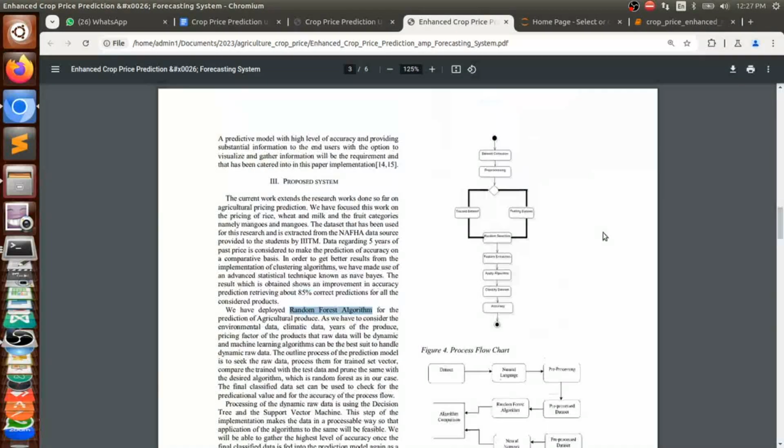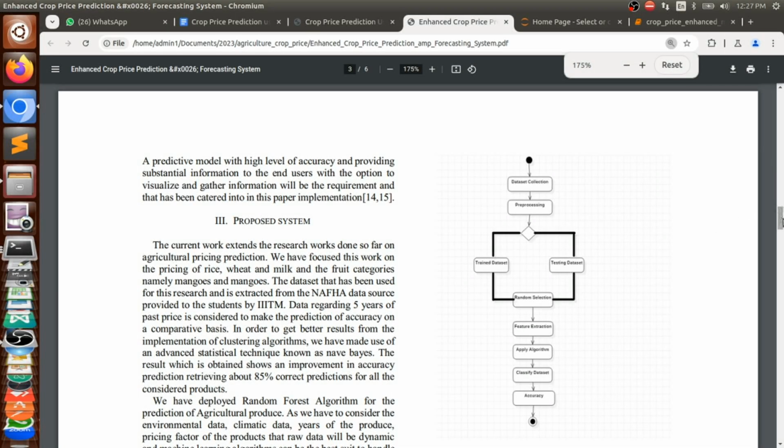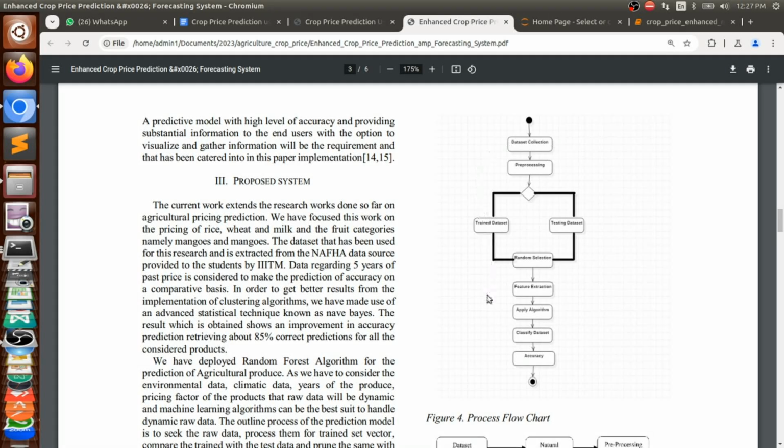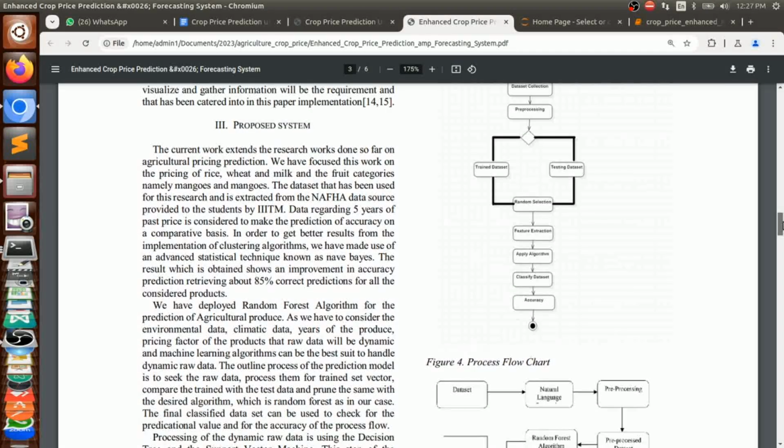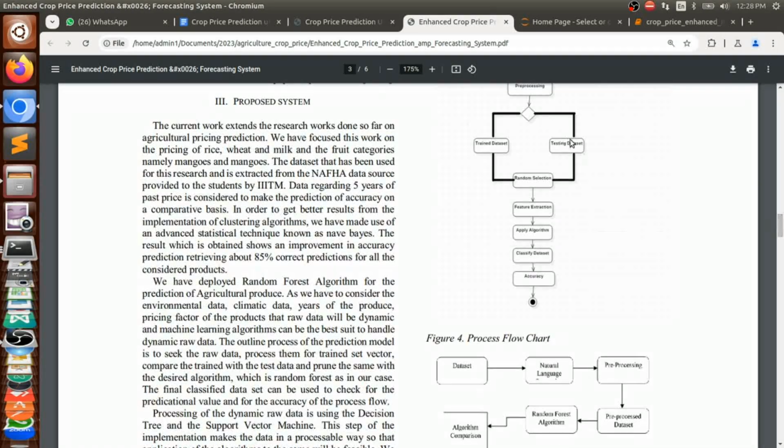Now they are plotting this one. They are following the same steps, because they need to follow the data science life cycle: dataset collection, pre-processing, then they need to use the model, feature extraction, apply the algorithm, classify and measure accuracy. That's all. And they are doing random selection of the features. But